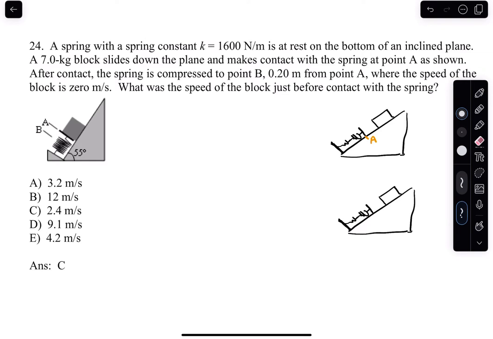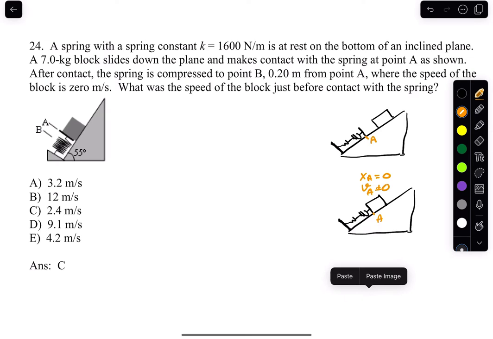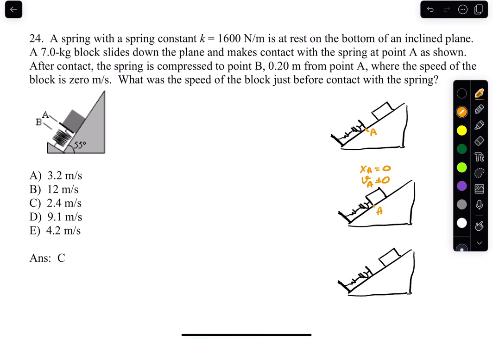So the block reaches point A, which is here, and it reaches A with some non-zero speed, not sure how much that is, but the spring is not yet compressed, and then the block compresses the spring. So in that case, our spring becomes compressed,